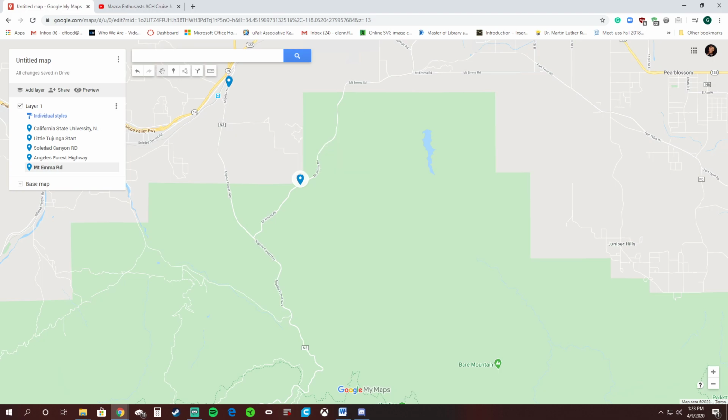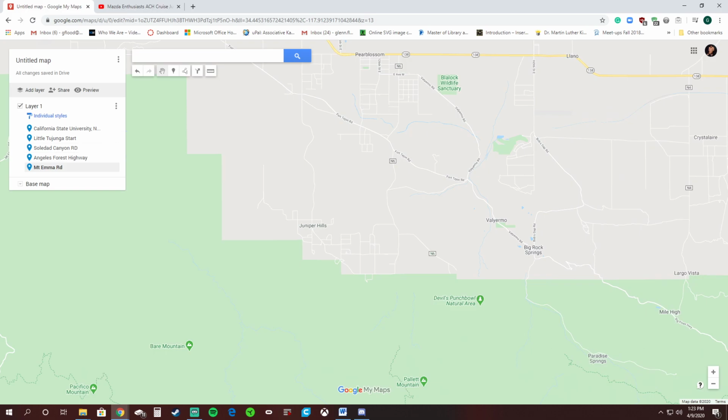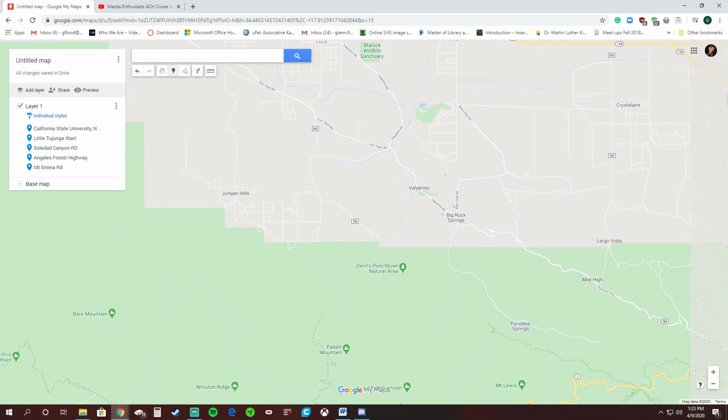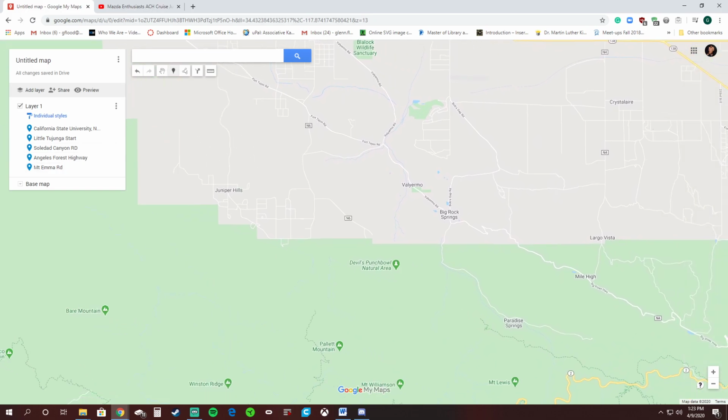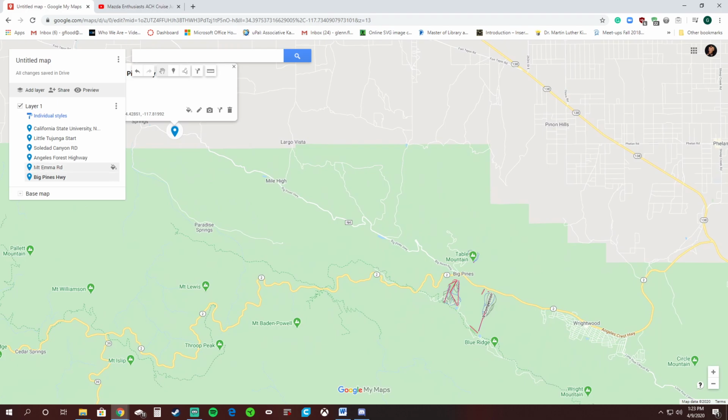Same thing as before. And then another checkpoint, because we want everybody to come down right here to Big Pines Highway. Big Pines Highway. Okay, and then